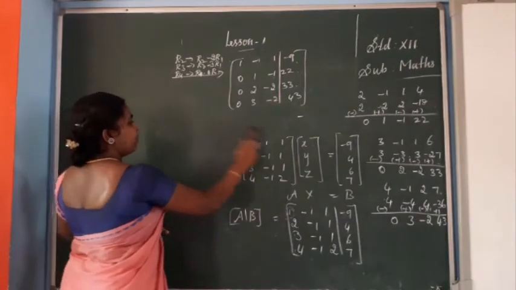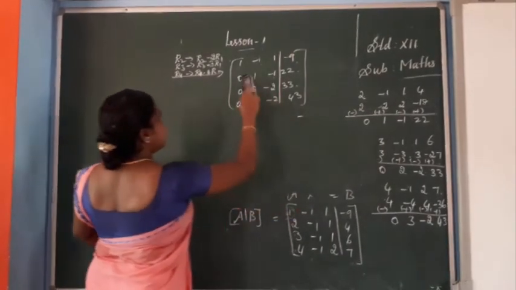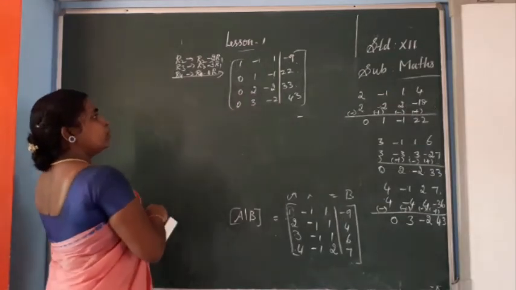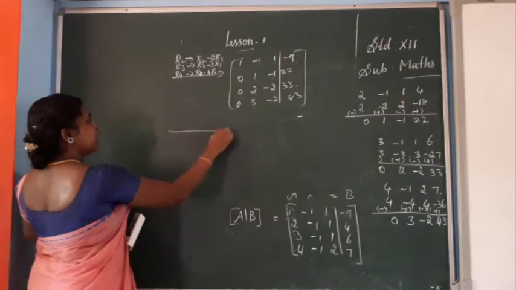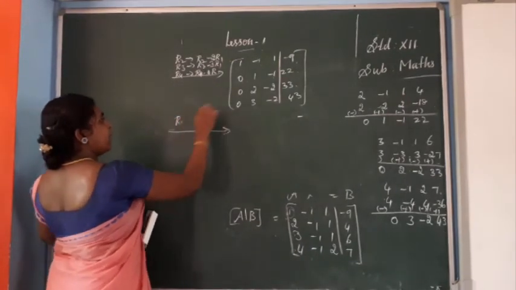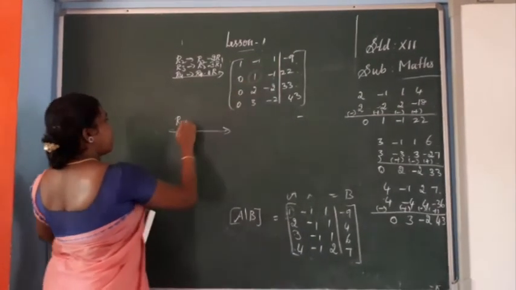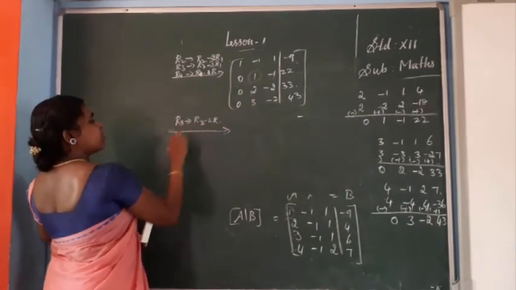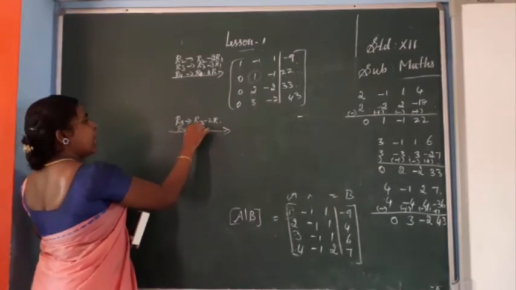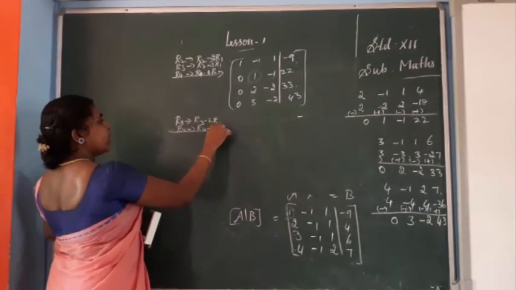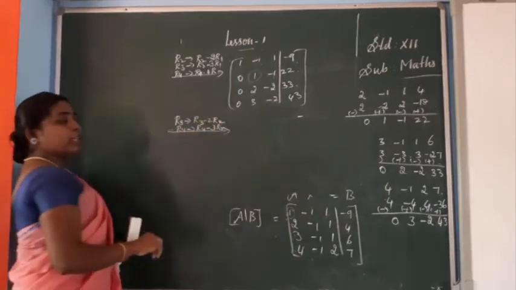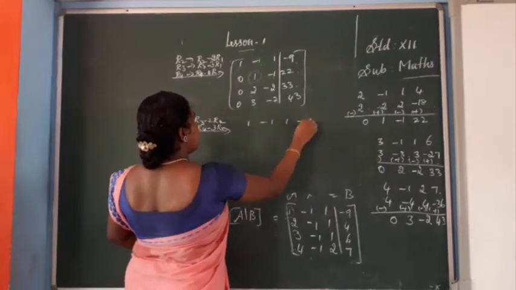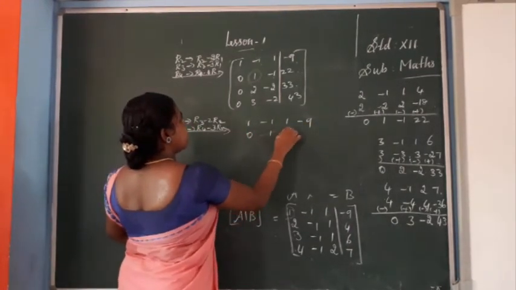Okay. Next row, what do we need? Second row, okay, 0 and 0 is there. Third row we need 0. Fourth row also, in this place we need 0. Use the second row and eliminate 2 and 3. So R2 gives R2, the same place, 1 is there. So R3 gives R3 minus 2R1. Then only we can eliminate 2. Same as R4 gives R4 minus 3R1. Okay. So now the first two rows change. So 1, minus 1, 1, minus 9, 0, 1, minus 1, 22.